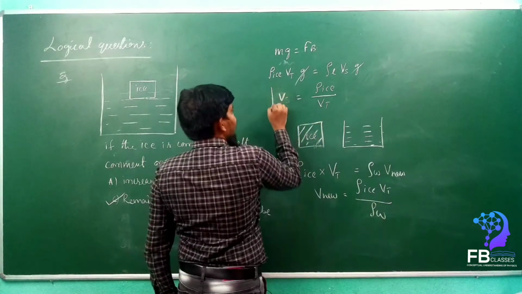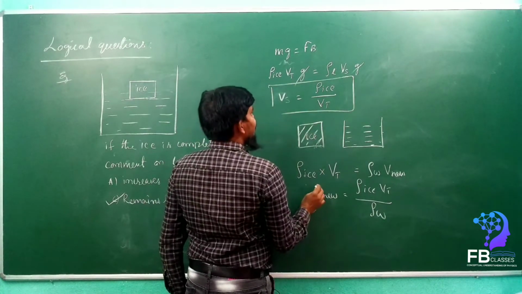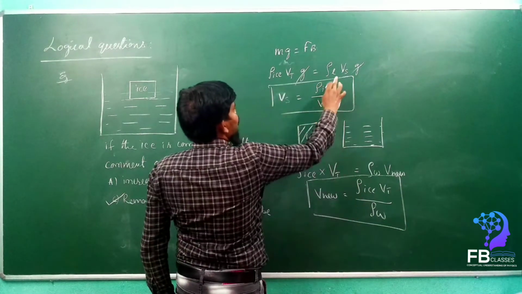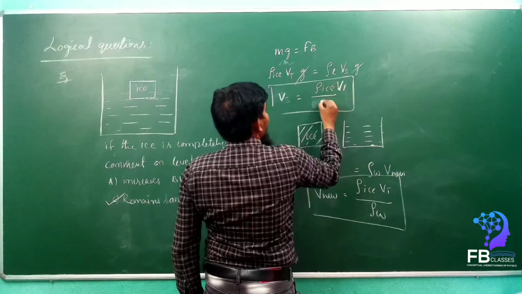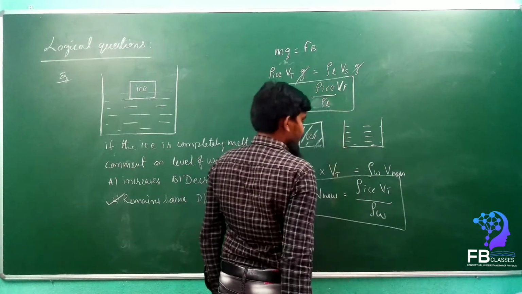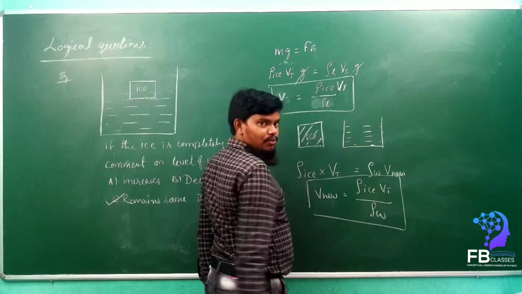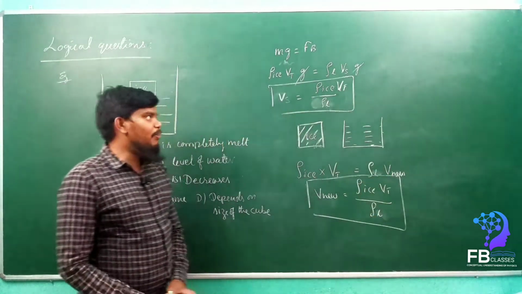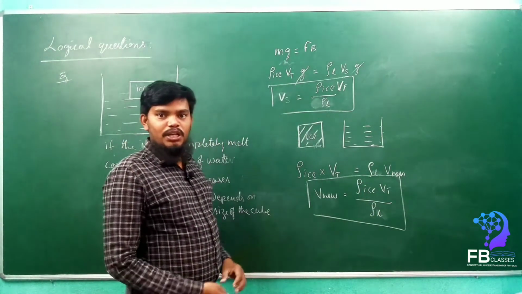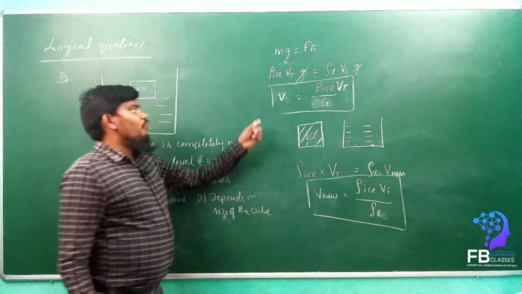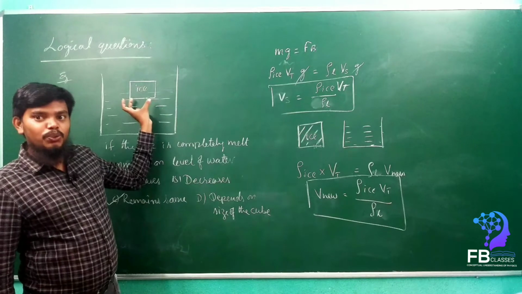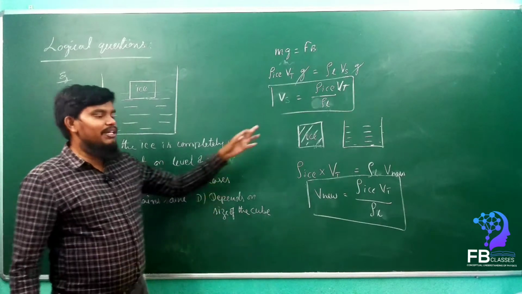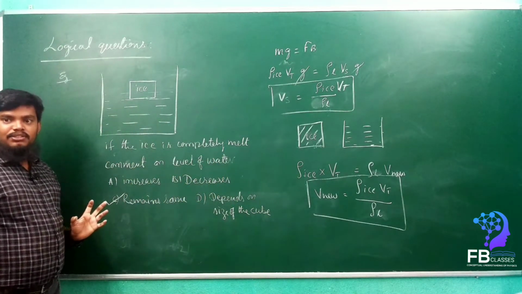See here, Vs and Vw. See here, Vs is equal to, sorry, what is this? Vt by rho L, rho liquid. So here water is also liquid. Yes or no? So that means rho w is nothing but rho L. Are you getting my point? Both are the same. That means to say that the volume displaced by the ice is equal to the volume of the ice become as water. So mathematically also we are able to prove that. Do you understand? So simple logic.